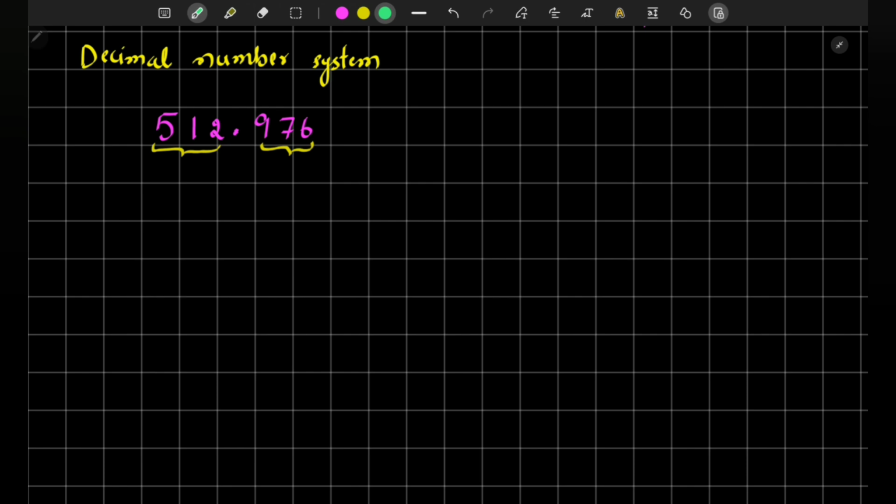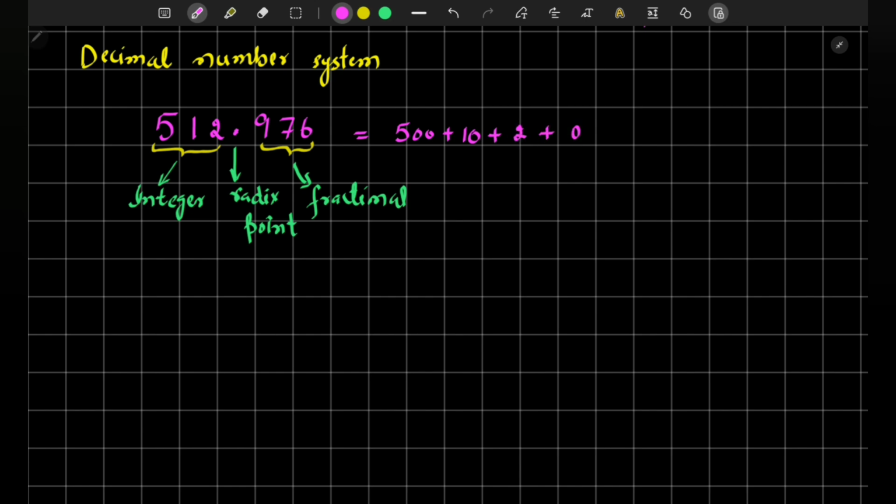Consider the decimal number 512.976. So 512 is the integer part, and this is the fractional part, and this we call the radix point. This number can be expressed as 500 plus 10 plus 2 plus 0.9 plus 0.07 plus 0.006. When we add these numbers, it gets into